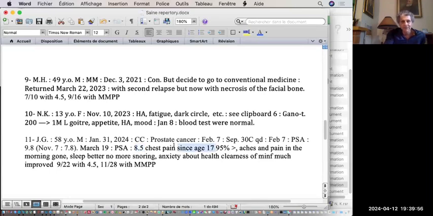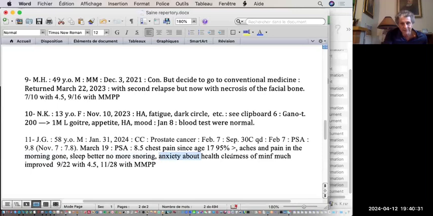But he had a symptom that was very peculiar. He called it esophageal spasm, but we don't know what it is exactly. He has chest pain almost daily, especially at night in bed, since the age of 17. And guess what? 95% gone after CPAP. So that means you hit the target there. Aches and pains in the morning. He would go down the stairs in the morning with lots of difficulty, with pain in his joints everywhere. Gone. Sleeps better. No more snoring. He was a big snorer, but you have to say he did lose weight during this time.